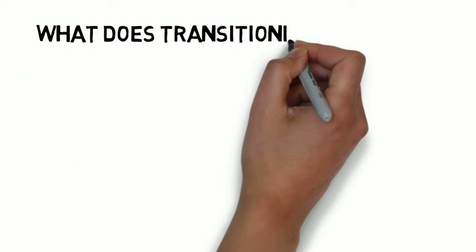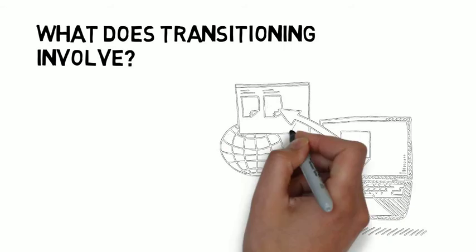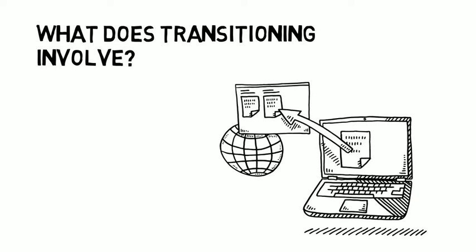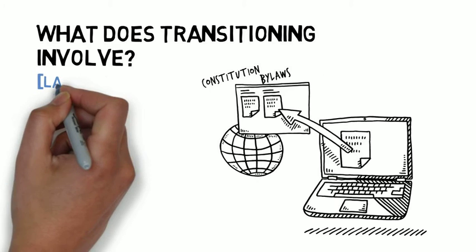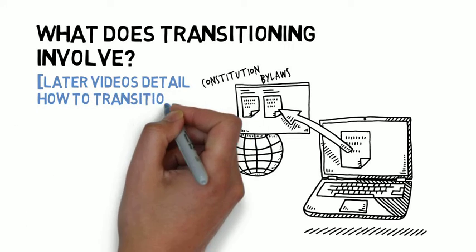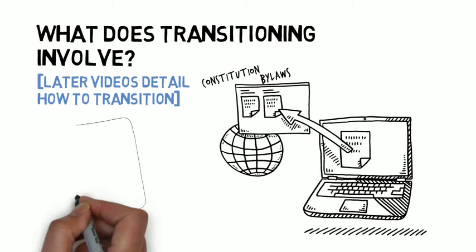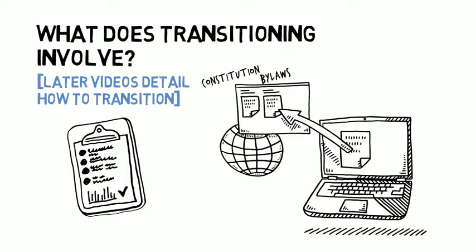More on this shortly. First, though, what does transitioning involve? The transition process features filling out a form and uploading documents on the corporate registry's website. The key documents are your society's constitution and bylaws, rearranged to meet some detailed requirements of the corporate registry. A society that rearranges its constitution and bylaws as required but makes no other amendments to its bylaws can complete the transition application without requiring member approval.